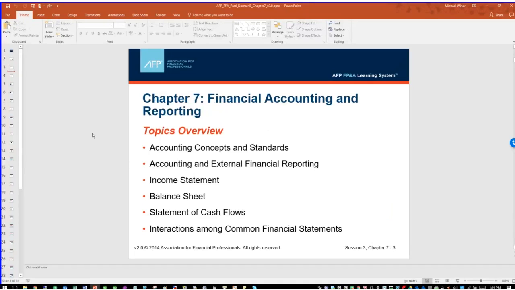The reason I want to do this is as follows. The audience for this certification, by and large, includes people who are in financial planning and analysis or have some sort of a budgeting or forecasting responsibility or interest. Sometimes those people have come up through the accounting world. Very often they have not. My own personal career, I did not.